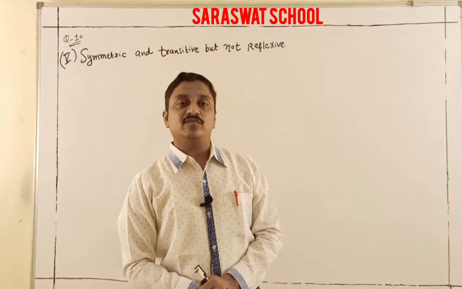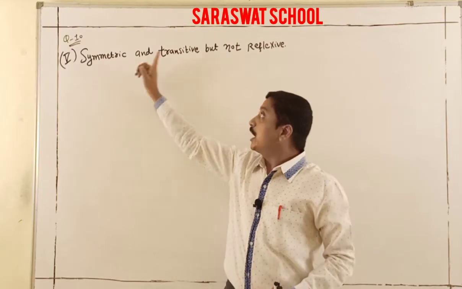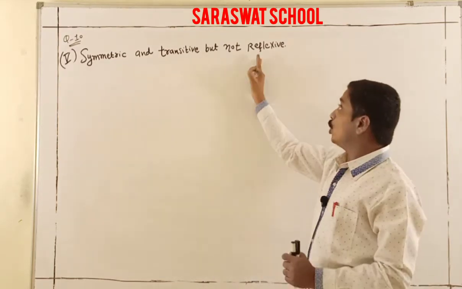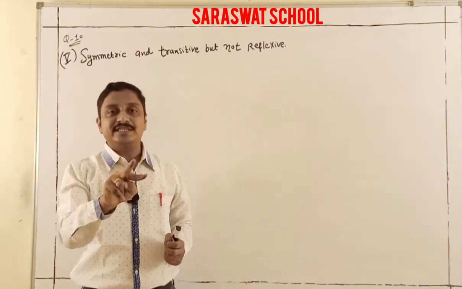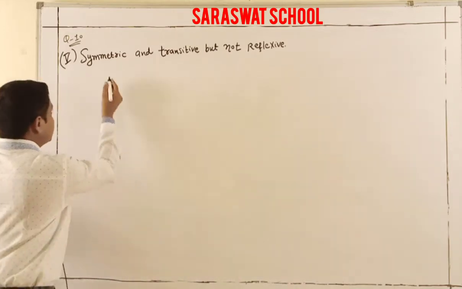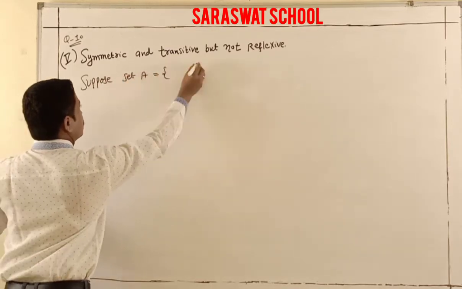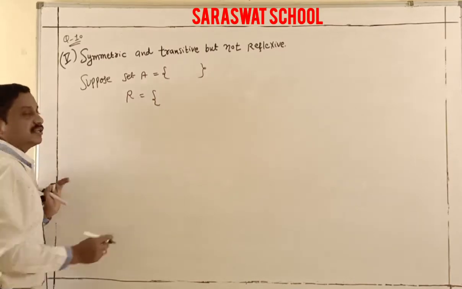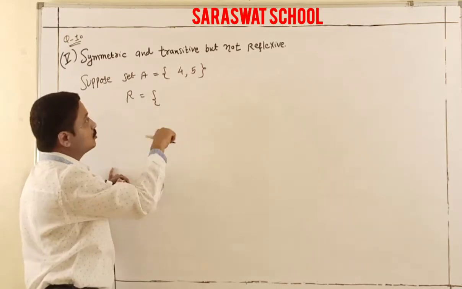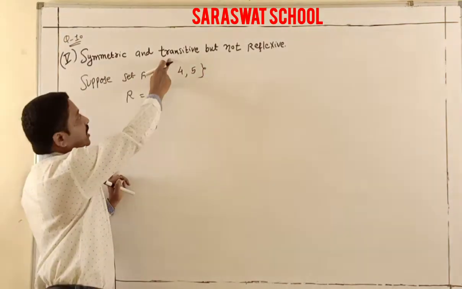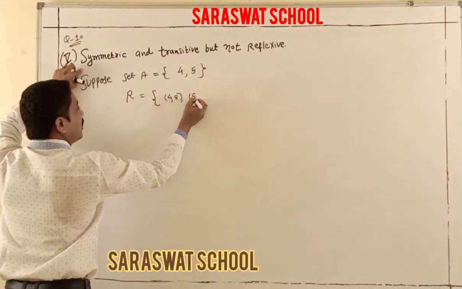Now continue, students. One more question came, the last one, the fifth one. Here also give an example for symmetric and transitive relation, but not reflexive relation. The two numbers are the same, so that's why here I am taking the data for supposition. Our set A has some numbers and relation R is related on the set. Here, taking two numbers, just like 4 and 5, we take out a relation that is not reflexive but symmetric and transitive. First of all, students, I take symmetric wise 4, 5, 5, 4.